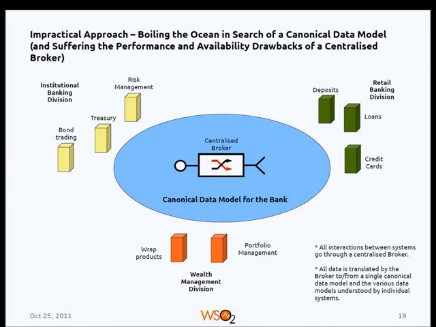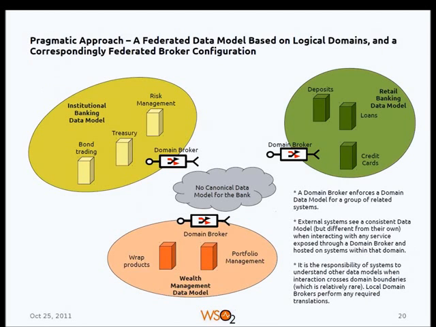So don't even go down that path because you will spend so much money and effort in trying to define this canonical data model that you won't even get there. You just burn a lot of money without getting to a result. What is far more pragmatic is to break up your larger domain into a set of smaller domains which are